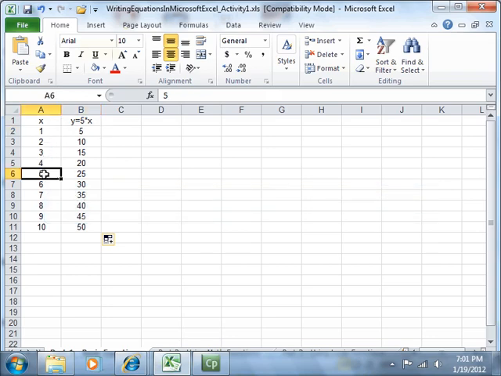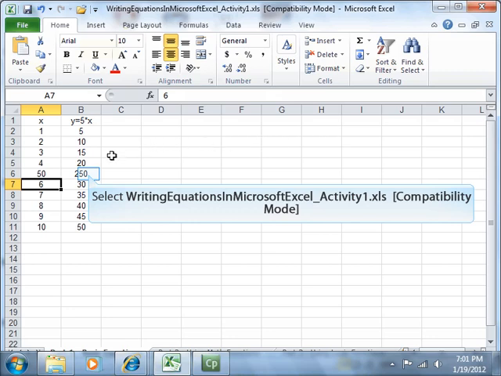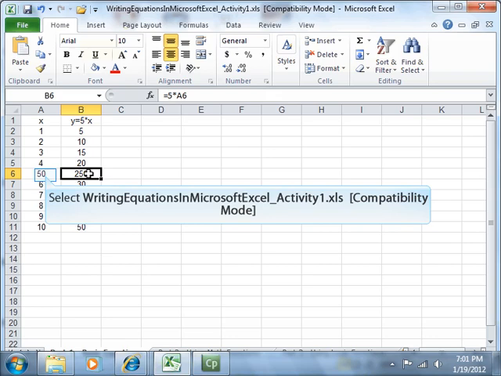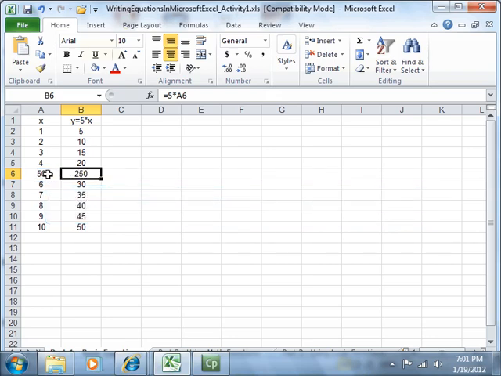If I were to change this 5 to a 50, it would automatically change my dependent variable y in the corresponding cell next to it. So this is exactly what I want. I'm going to put it back to 5, and now I'm going to format this table